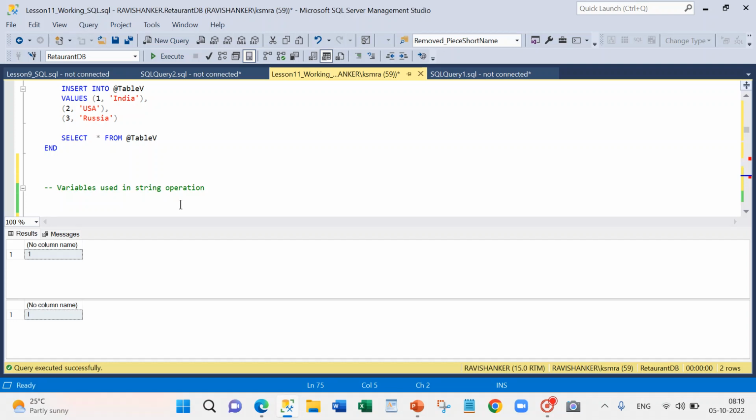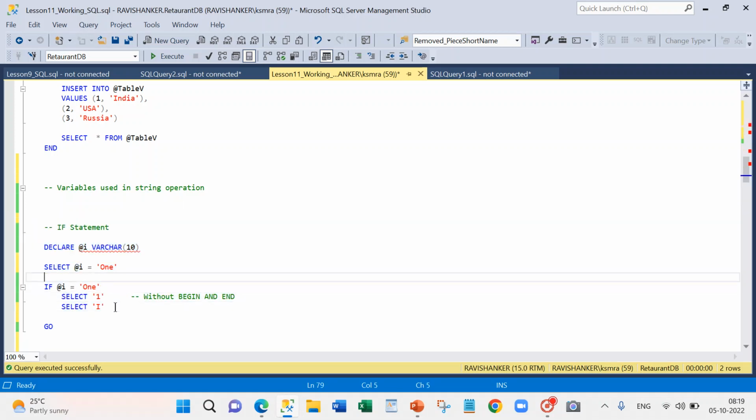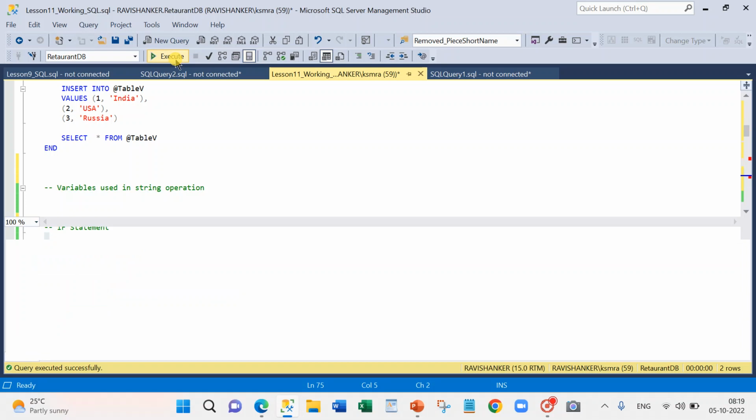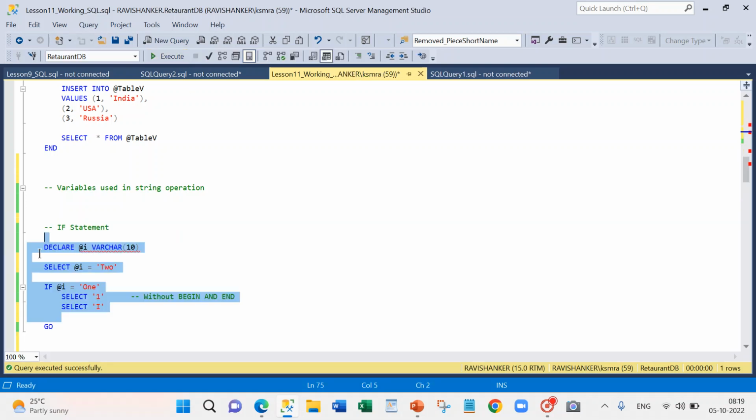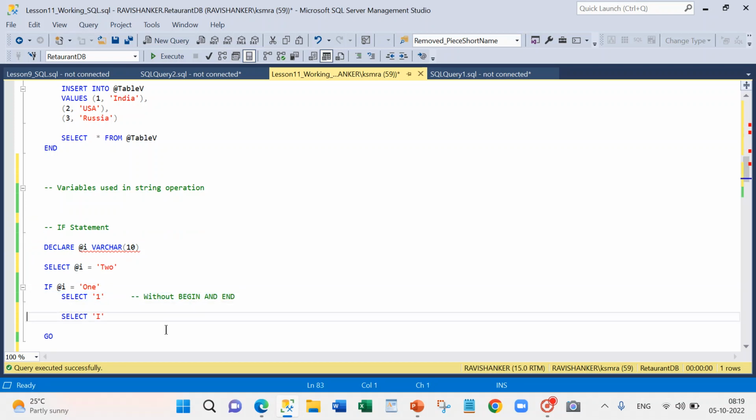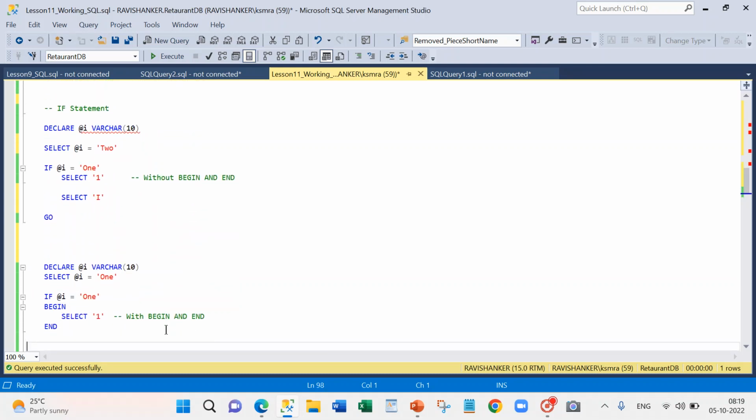It will execute both, but the thing is, even if you give a wrong condition, the second statement will execute. We'll see. Even if you give 2, only the Roman letter will execute, because the if condition is only applicable for this first select, not for this, because we have not given begin and end. If you want both statements to execute only if the condition is satisfied, then we have to give begin and end. You see, now I am executing